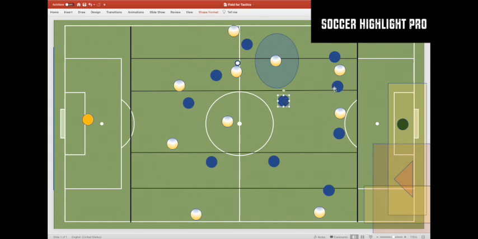Now this causes this player to move into this space. Remember, we talked about the pressure cover here. He decides to move into this space. And now you're creating a situation where you have a lot of options here. You will see some sort of combinations here. And this action pulls a player from the back line, which is what you want. You want to gain something out of movements. And this happens. So now this creates a very big opening,